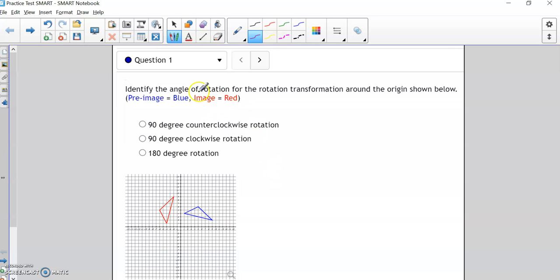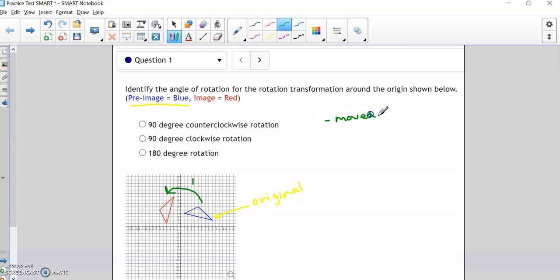So for question one, this is some of that stuff that we learned yesterday. It's asking you to identify what kind of rotation is going on. So notice how they specified that the pre-image was the blue one. Okay, so this is your original. And then the new one is the red one. So to get from the blue image to the red image, we move to the left by one section, right? We just move from this big quadrant to this big quadrant. So because there was only one movement and we moved to the left,